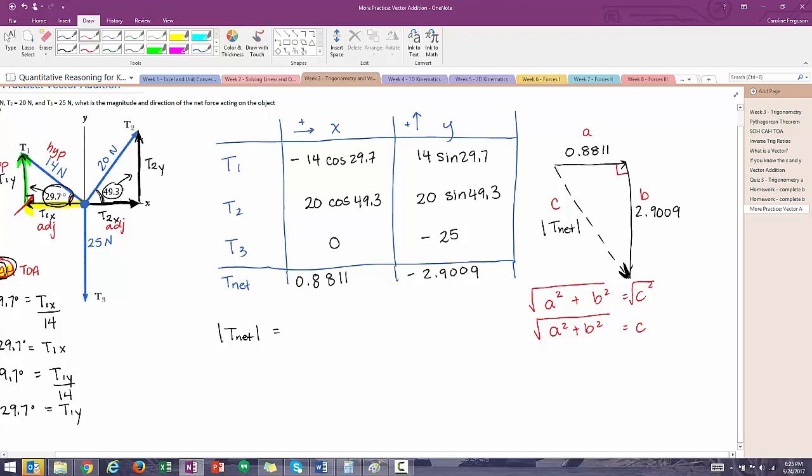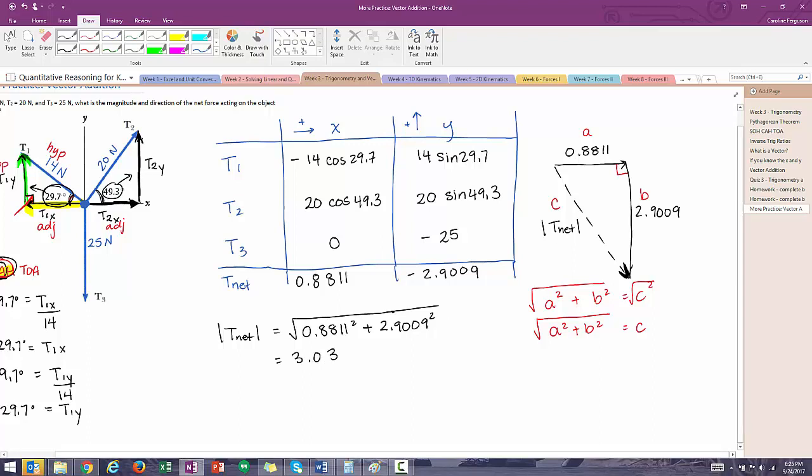So if I use that to find my net tension, what I'm doing is I'm finding the square root of the a squared, 0.8811 squared, plus the b squared, 2.9009 squared. So now I'm just going to type this into my calculator. So I'm typing square root of 0.8811 squared plus 2.9009 squared equals